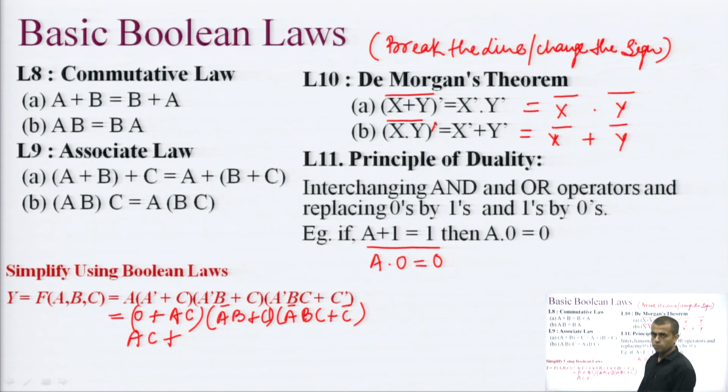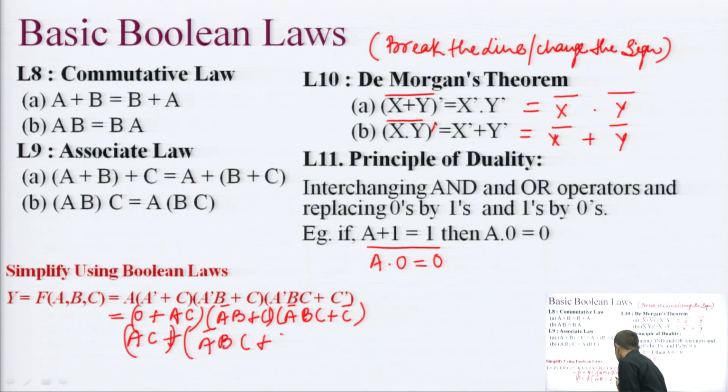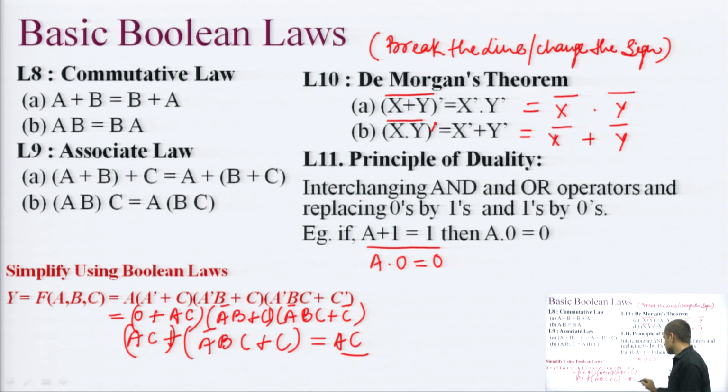then this is the resultant of these first two multiplications, and then A bar B into C into this thing. So, this is to be multiplied with A bar B C plus C. Okay. So, AC into again AC into A bar B C. So, A into A bar will again be 0, and then AC into C will be equivalent to AC. So, the resultant becomes AC. So, using these Boolean laws, we have simplified this expression into this very much simplified expression.